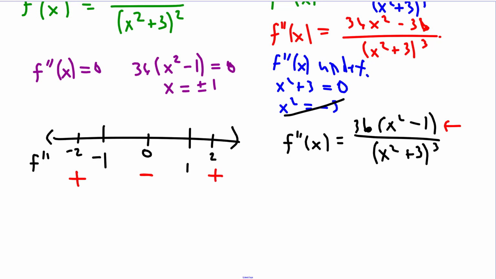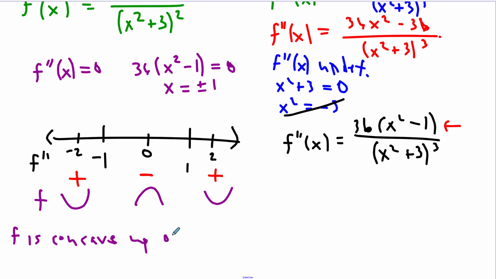So here's what I know. In this region, f is concave up. f is concave down between negative 1 and 1. And after 1, f is concave up again. So I'm going to write my little explanation. f is concave up on negative infinity to negative 1 and from 1 to infinity